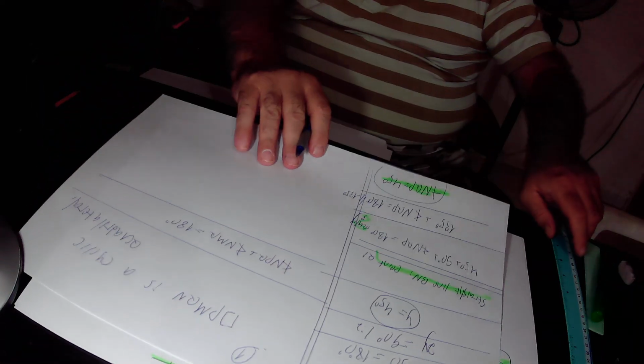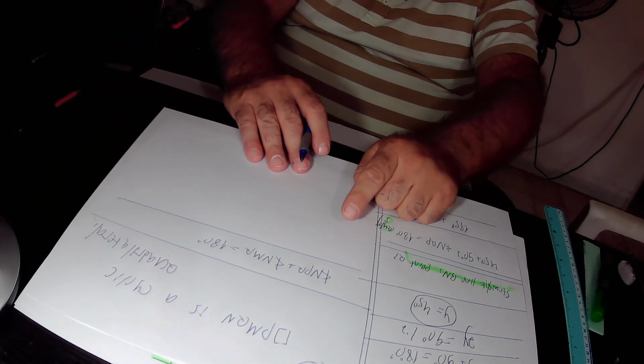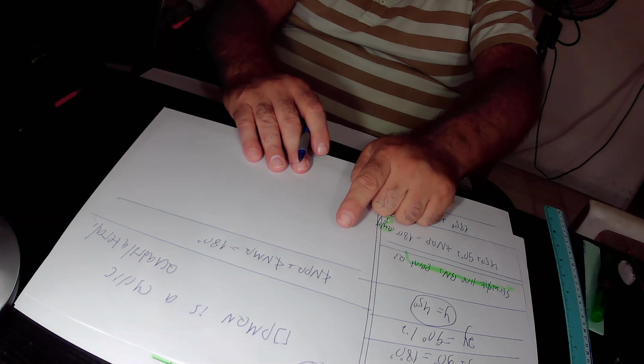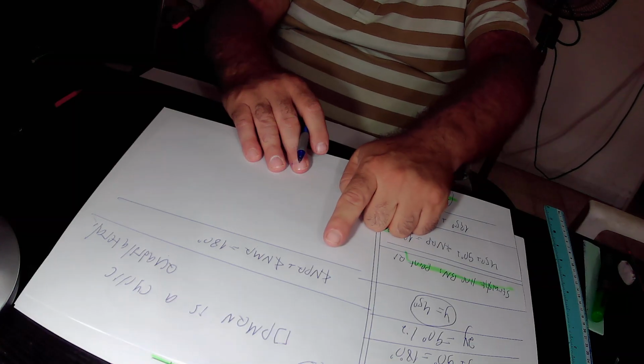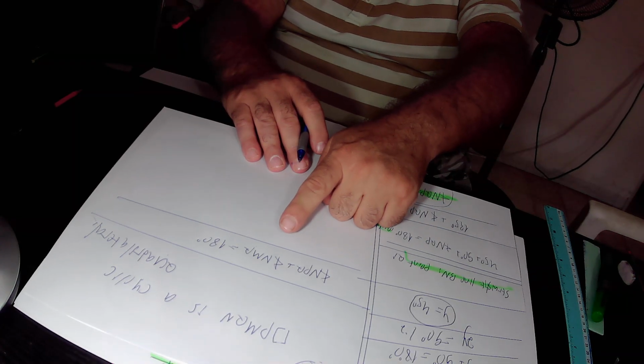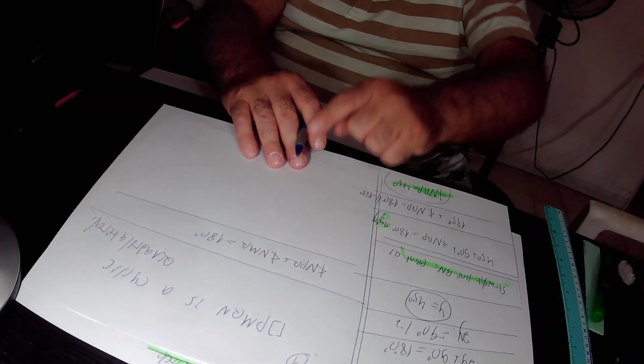In a cyclic quadrilateral, the sum of the opposite angles is equal to 180 degrees. That is to say, angle NPQ plus the opposite angle NMQ